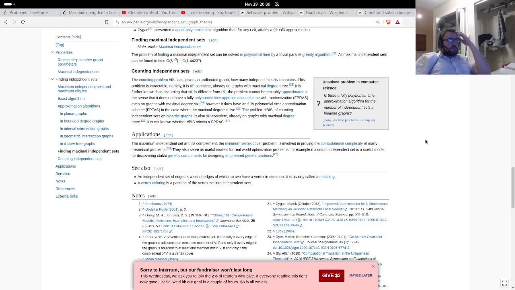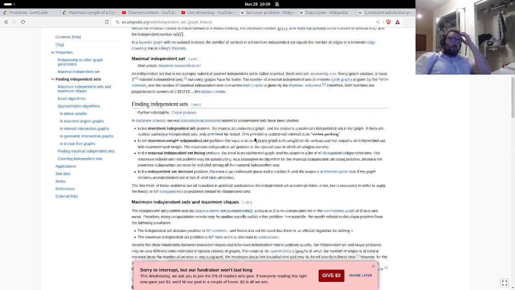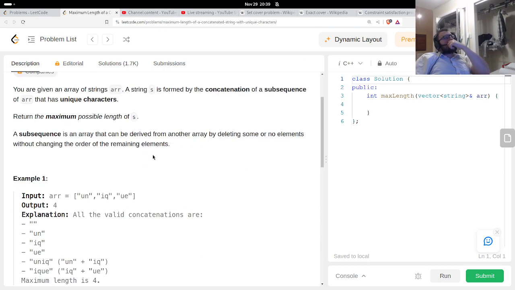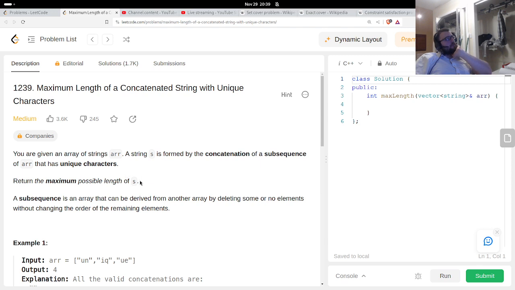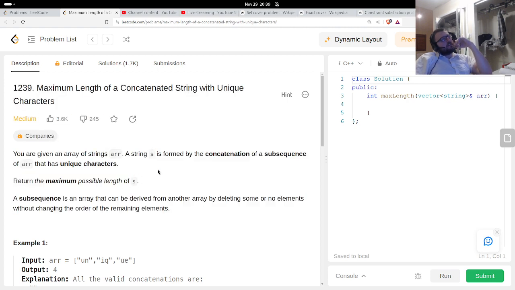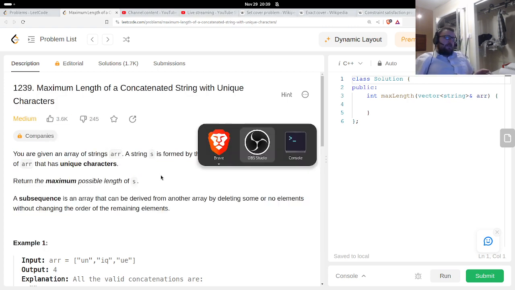I don't know what this is called. I'm pretty sure this falls into one of these categories though. I don't know what to call this, but it's very similar to these NP complete problems.